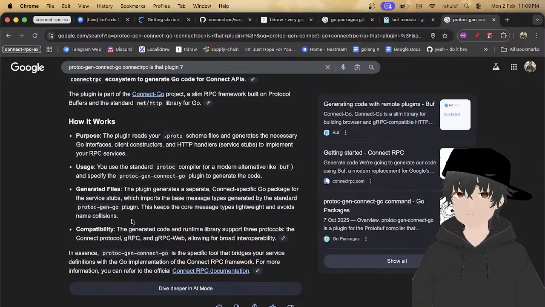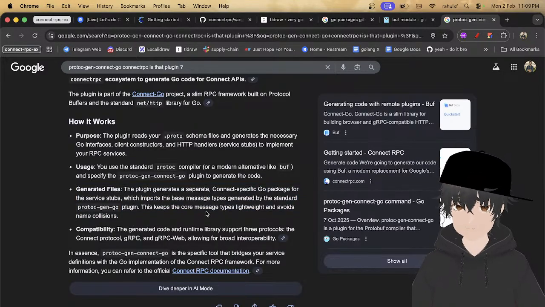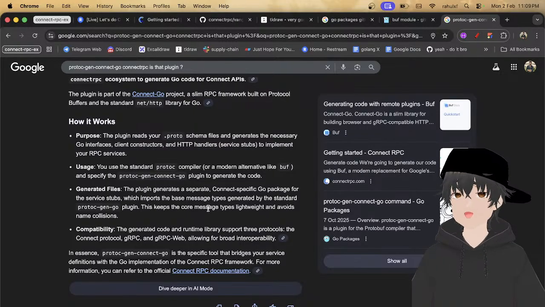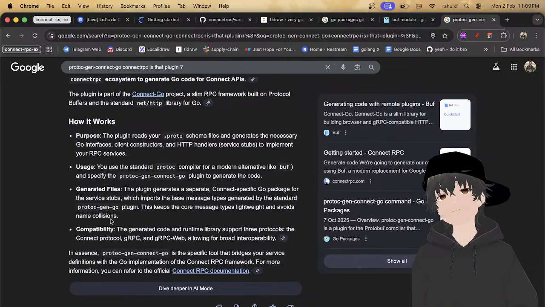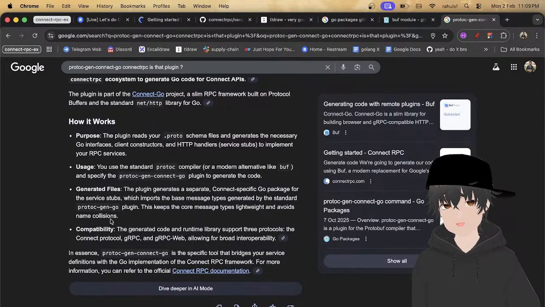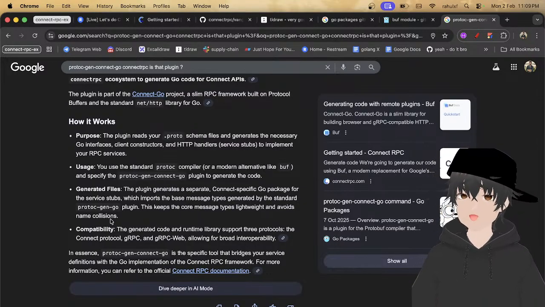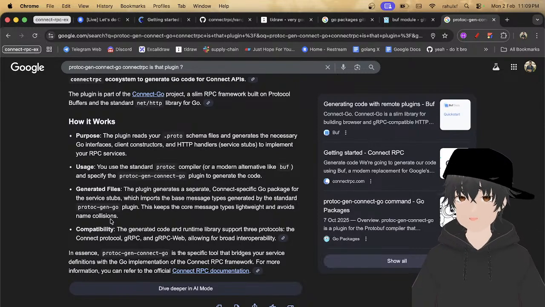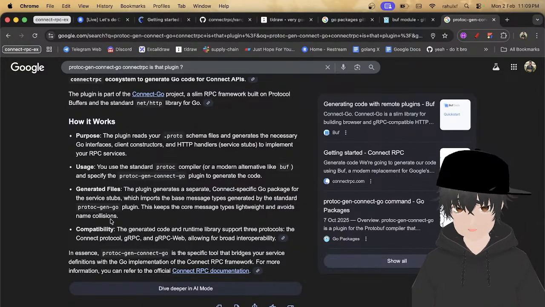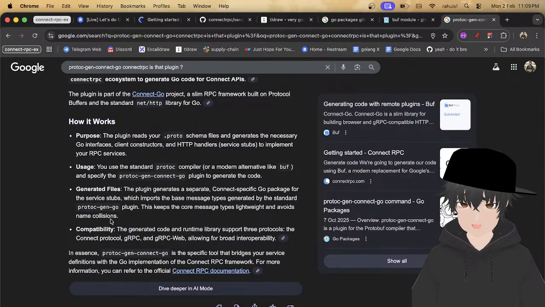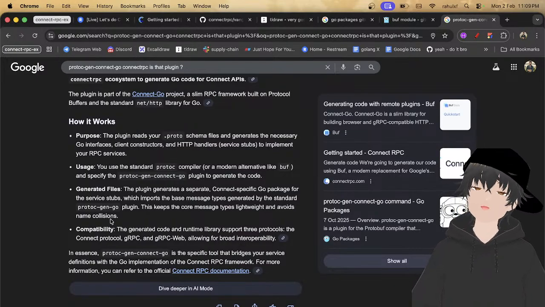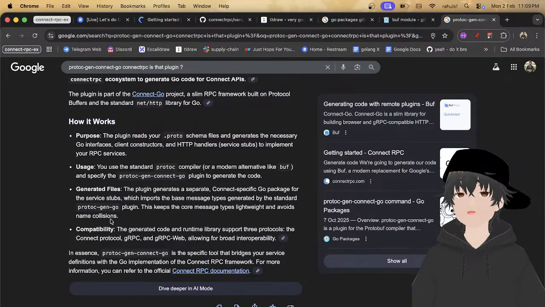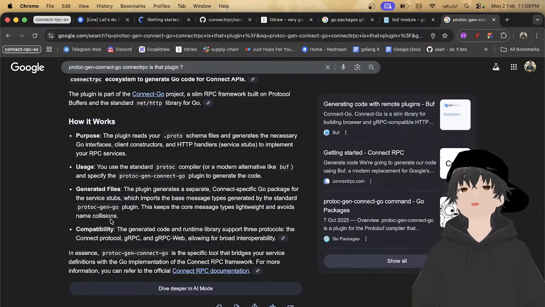Generated files: the plugin generates a separate Connect-specific Go package for service stubs, which imports the base message types generated by the standard protoc-gen-go plugin. This keeps the core message types lightweight and avoids name collisions.